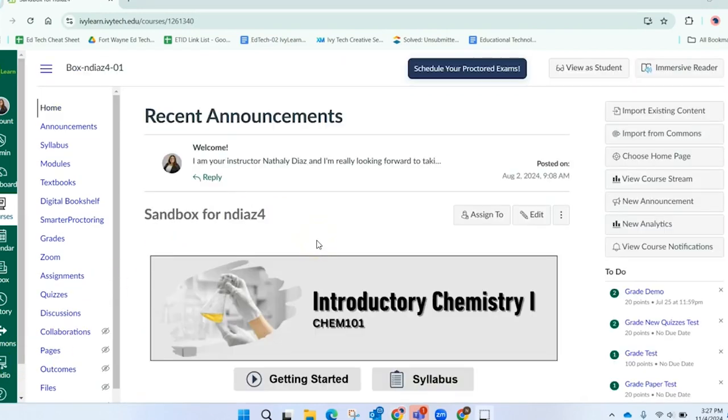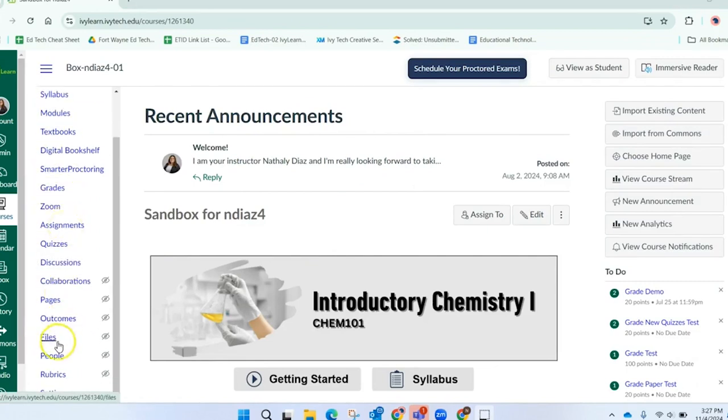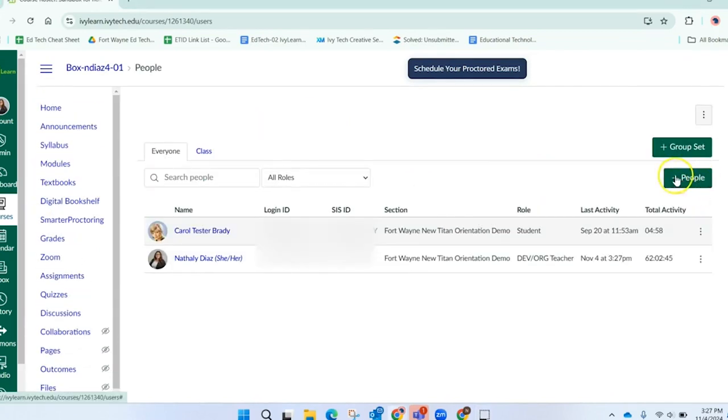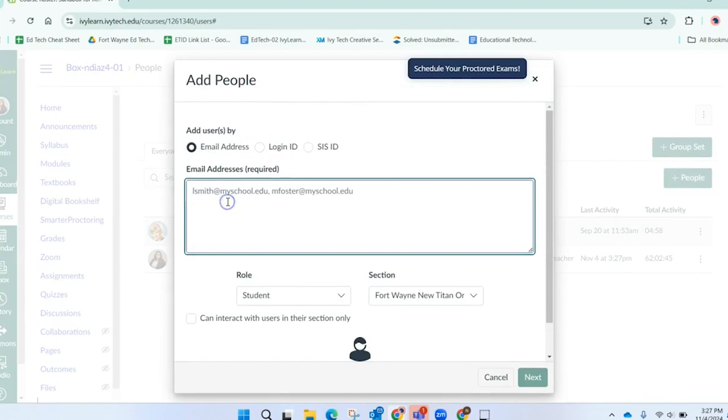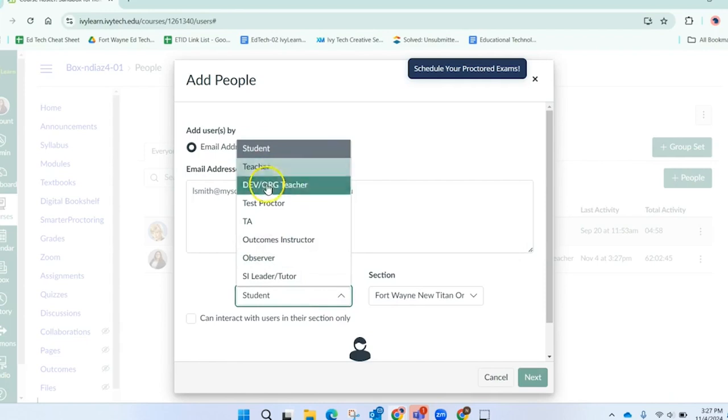Let's say that you and fellow coworkers want to develop a course together. You can always add collaborators by going into the People tab and clicking on the plus People button, and then type in that instructor's email address, and then add them as a DevOrg teacher.